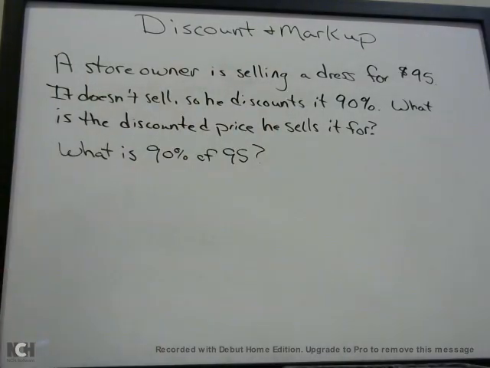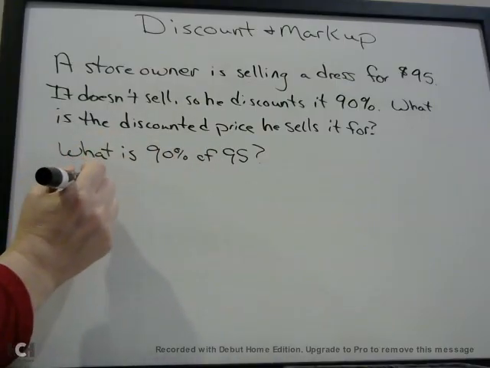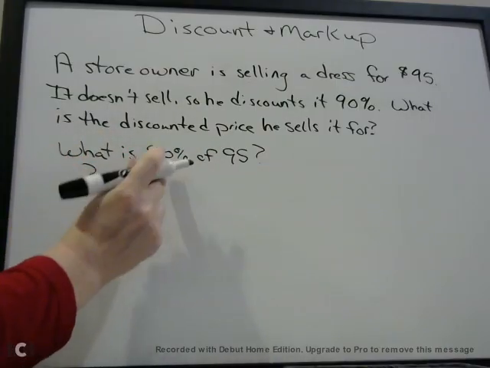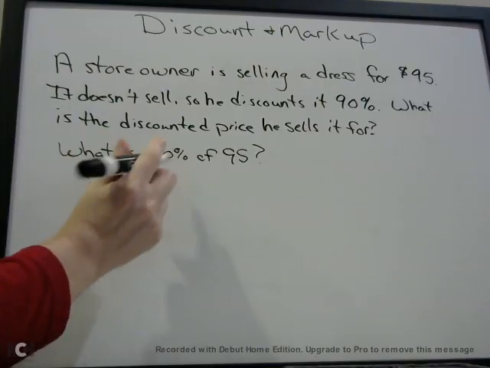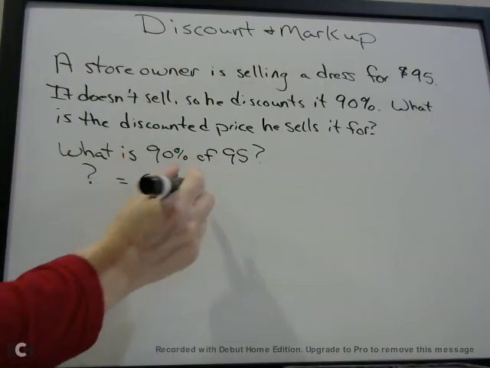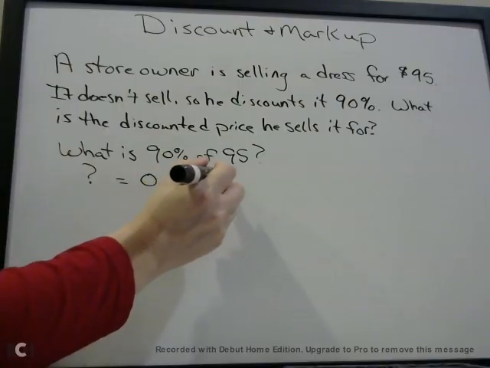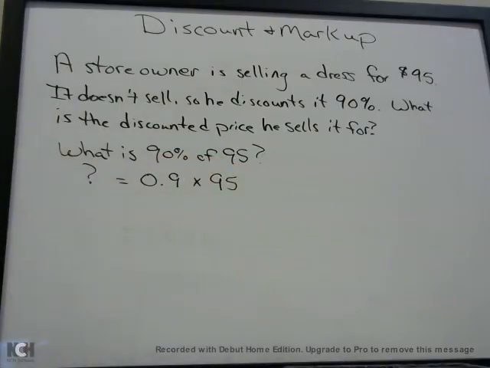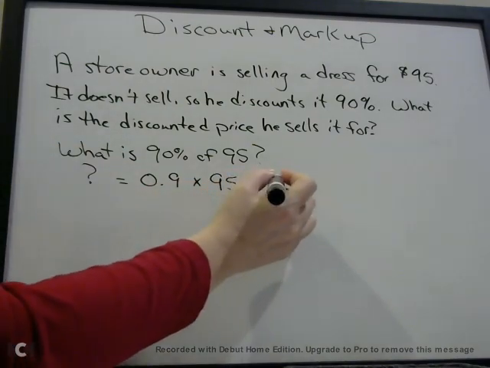That should be the words that are going through your head. You can turn these into math symbols. What, we don't know, is means equals 90%. Remember, we have to write that as a decimal. Don't put a 90 there. Of means times, so we're going to multiply 95. 0.9 times 95 equals